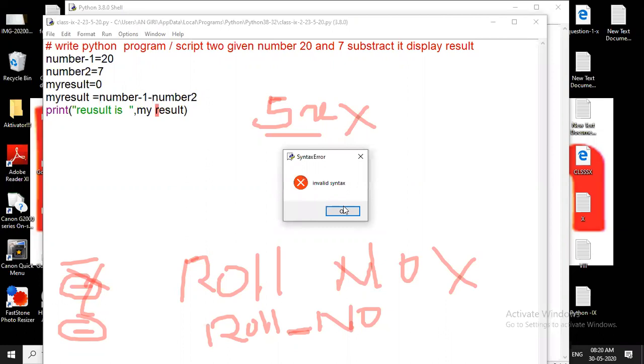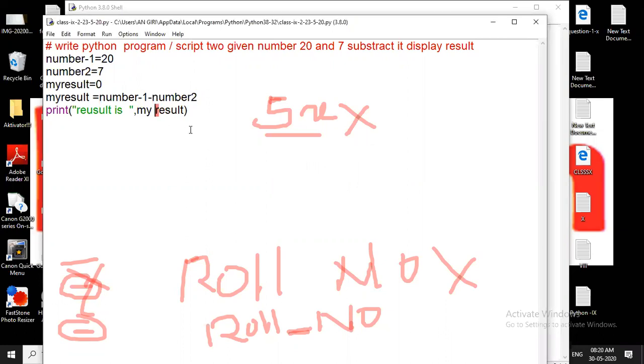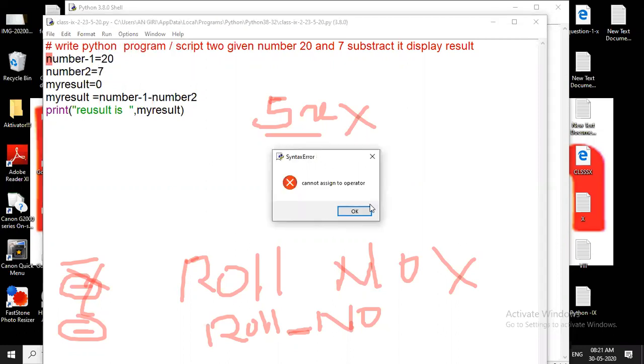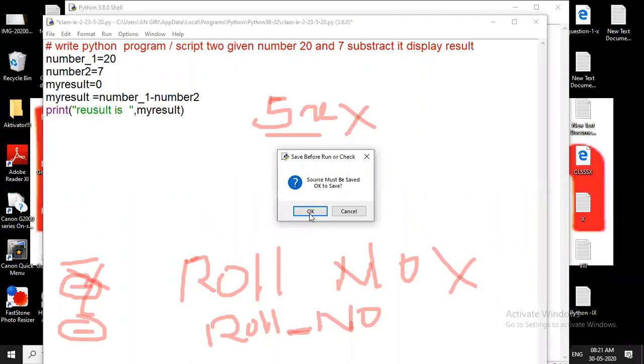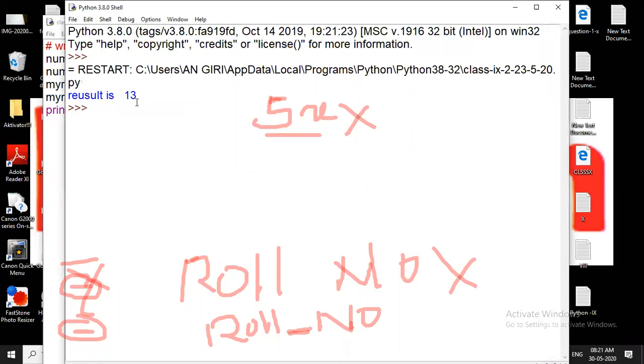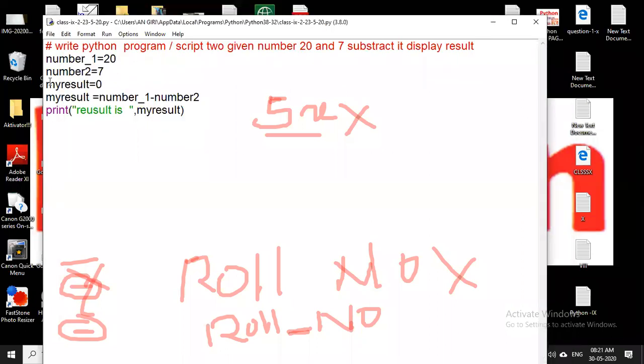See, once again, another space character. Space is not allowed. See, once again: cannot assign to the operator. Minus, why? Number is correct. There is no space. Why is the error message coming? Because I have given hyphen. Hyphen is not allowed. If it is allowed, there is the underscore. This is the underscore, नीचे में जाता है. तो बीच में जाता है, this one the hyphen. Now run module. Okay, now see, the result is that. So do you understand? So hyphen is not acceptable. Hyphen acceptable नहीं है. Suppose I am giving